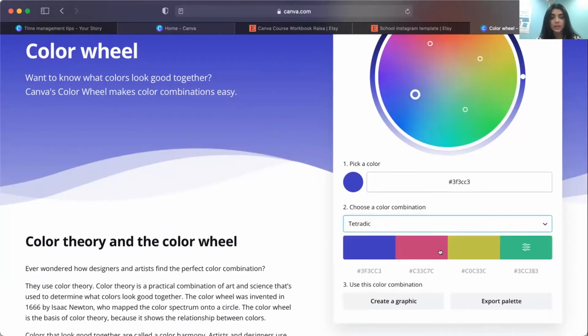And you'll get different colors that might work for your design, right? So once you have those colors, you have two options basically, depending if you're creating a design from scratch or if you're looking for a template, right? So let's say that you're looking for a template with these colors right here. So what you do is that you just click here, create a graphic. Once you click there,